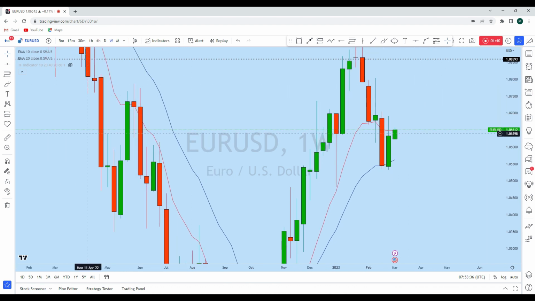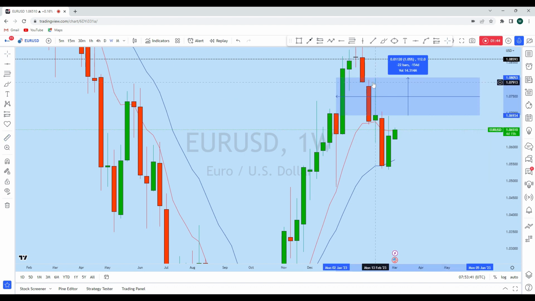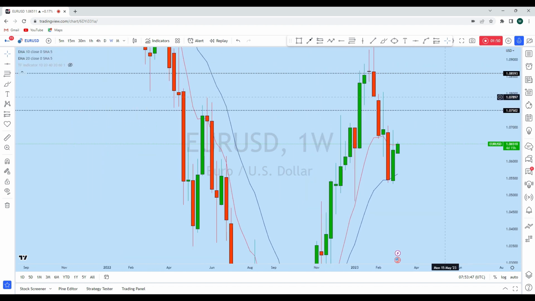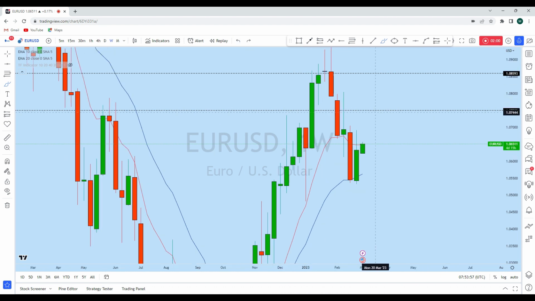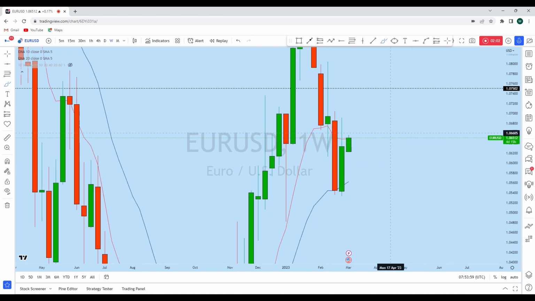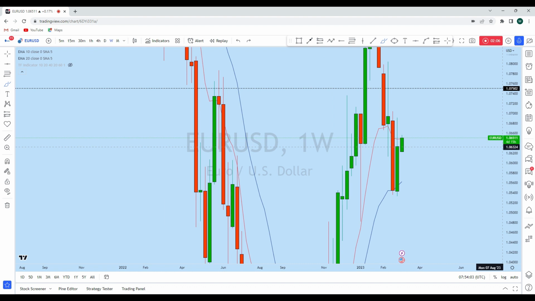At least we could see a retest of this long wick doji. As you can see, this is the weekly long wick doji, and this zone has not been tested yet. We could potentially see Euro Dollar push high to test this level, and it will probably create a head and shoulders at this level before making any move to the downside. So on the weekly perspective as well, we have a high probability for Euro Dollar to continue